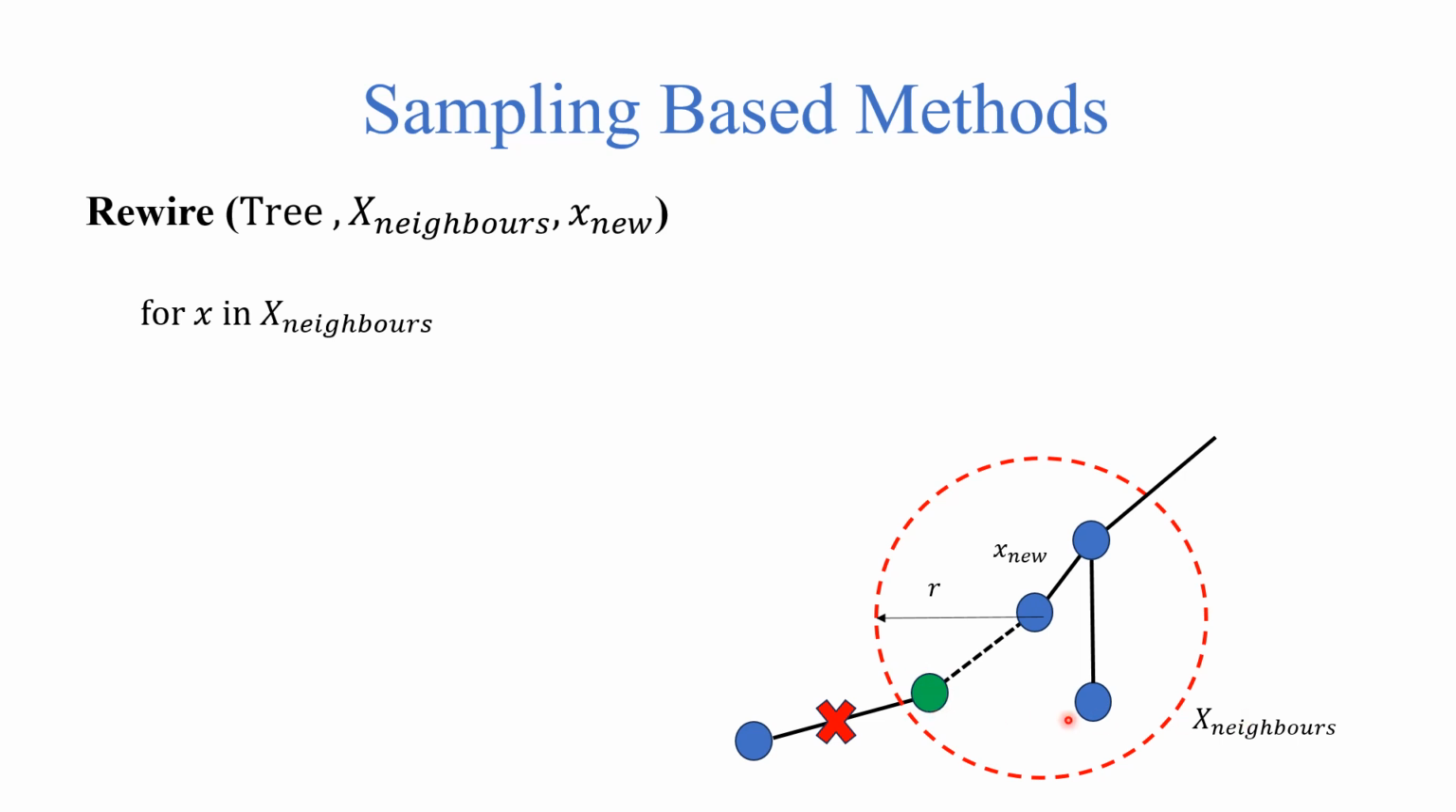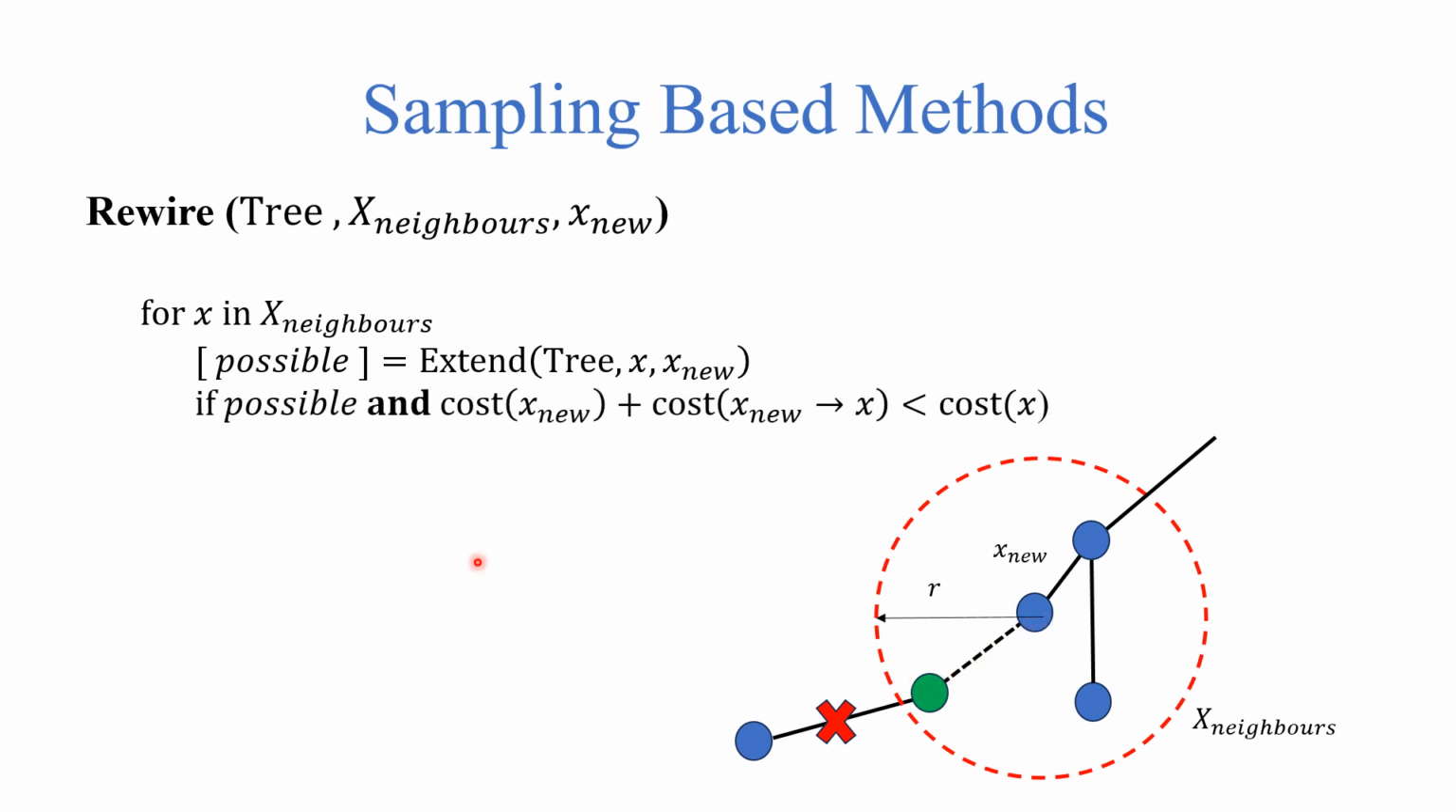So what we're going to do is scan through the X neighbors, which is all the nodes in this region. We're also going to test if we're able to extend from X new, the newly added node, to this X. Now, if that is possible, and we found that we can reach the node X right here through X new with a path that has a shorter length than the one we already stored, that is, if the cost of X new plus the cost of the transition from X new to X is less than the